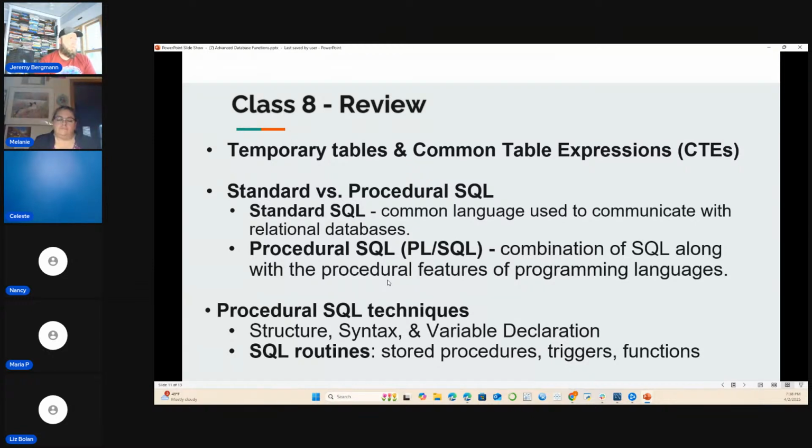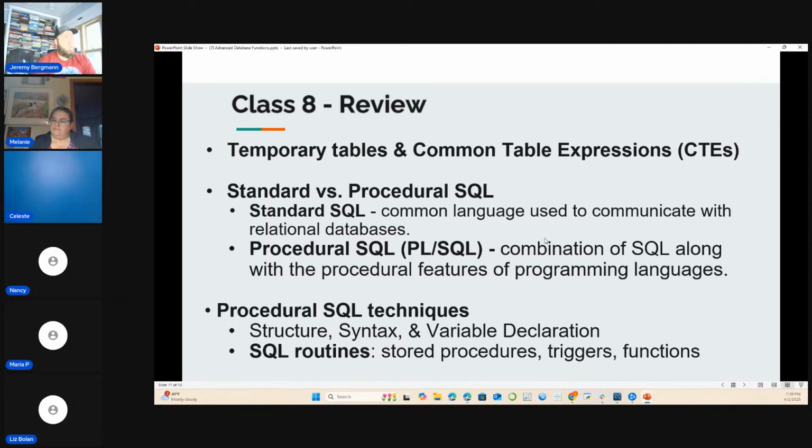You have standard versus procedural SQL. So 6 out of the 7 lectures, you learned all about standard SQL. You learned about procedural SQL tonight. Definitely won't be an expert over it just from that, but you'll have some familiarity and some examples. There's some very light examples in the last homework that